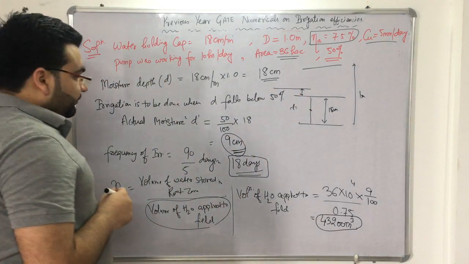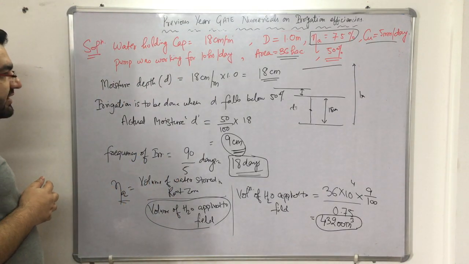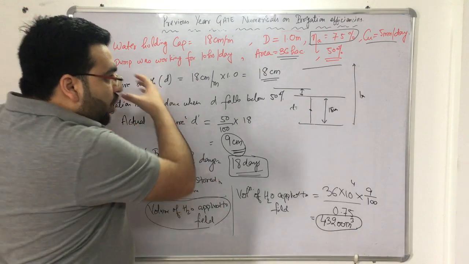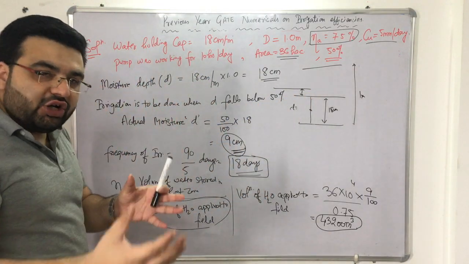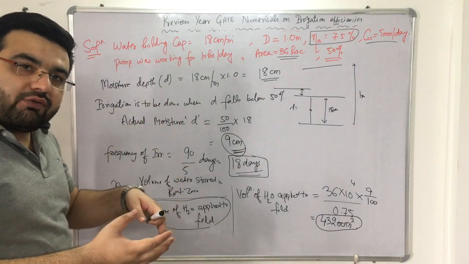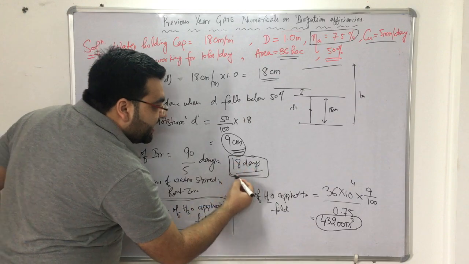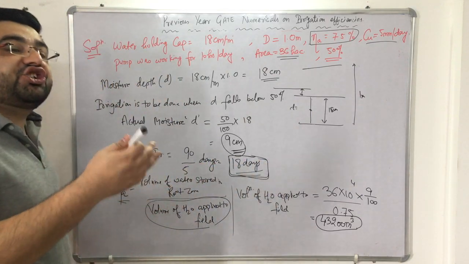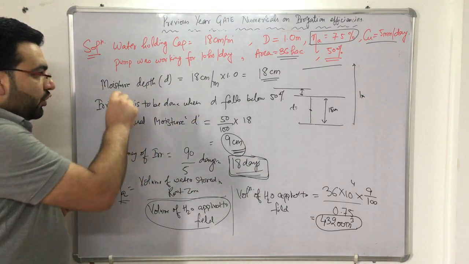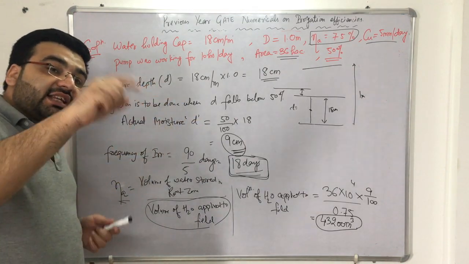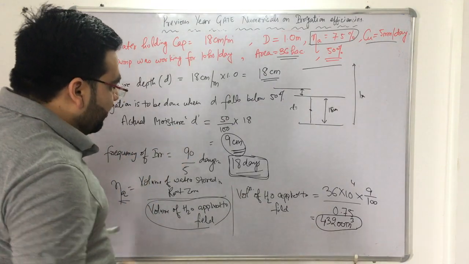Okay. Now let us calculate the amount of water, or you can say the discharge capacity, that is, how much discharge should be there, right? So discharge is equal to volume of water divided by the time. After how many days are we doing irrigation? We are doing irrigation after 18 days. So I have to calculate the discharge now, right? Because in the options, if you remember, it says liters per second, which means it is asking us about discharge, not volume, right?